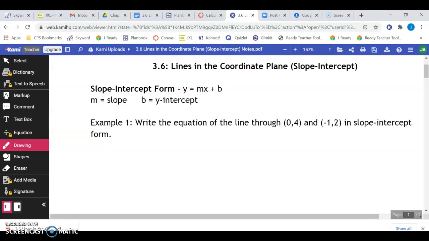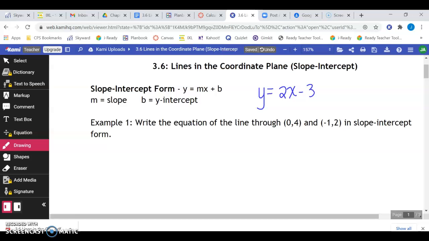All right, for section 3.6, I'm splitting it up into two different sections. One is on slope-intercept form, and the other one will be on point-slope form. So for slope-intercept form, that is y equals mx plus b, where m is your slope and b is your y-intercept. So for example, if you had an equation that looked like this, 2 would be your slope and -3